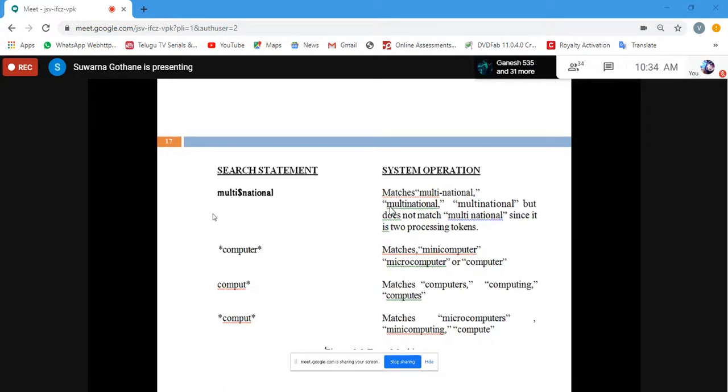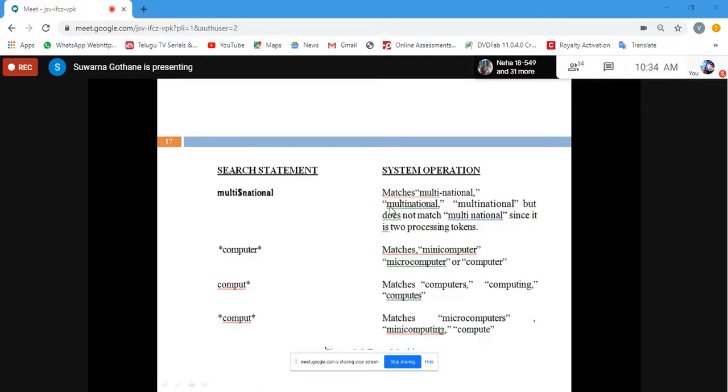Here we can match after wherever the star is, so we can write compute, computers, computing, computes. Here, before as well as after, both sides can be replaced, such as micro and computers we have applied. Here again mini we have applied before, and compute we have used, and ing we have used, and many others are possible.